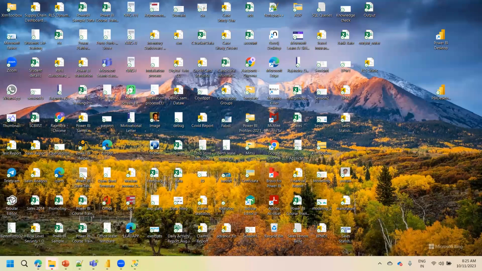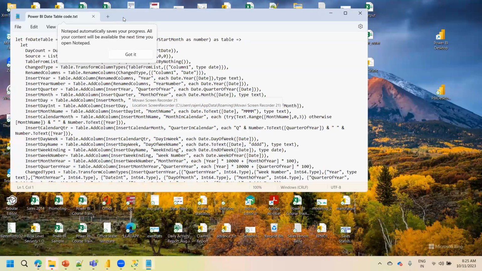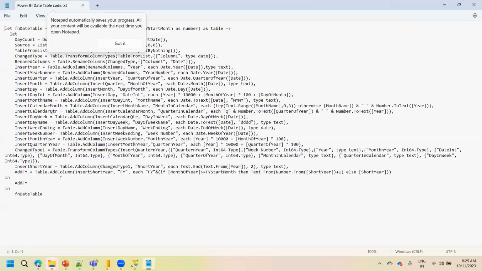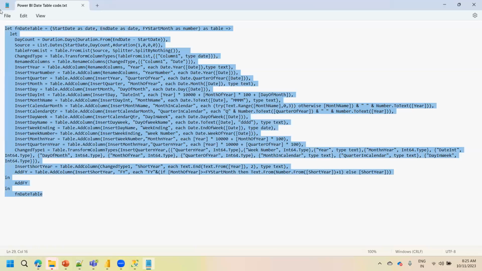Here, sorry, here. I have prepared a date table query. So this is the complete query. I will share this query with you also. If I want to derive some new date tables, only a date table, not any other table,